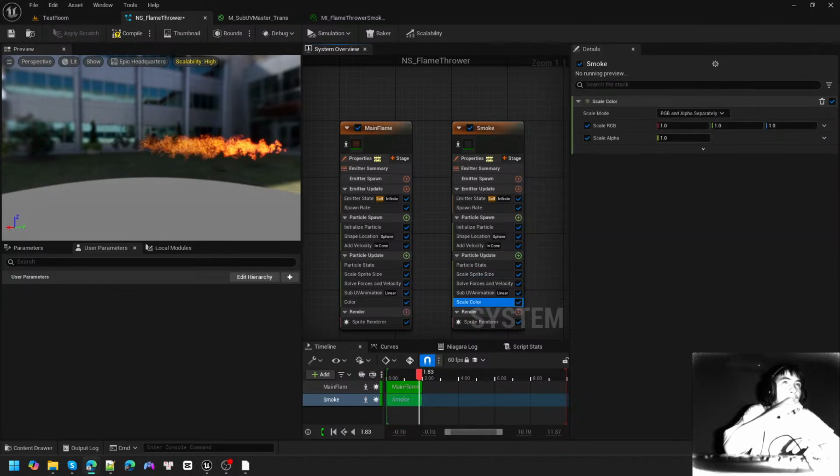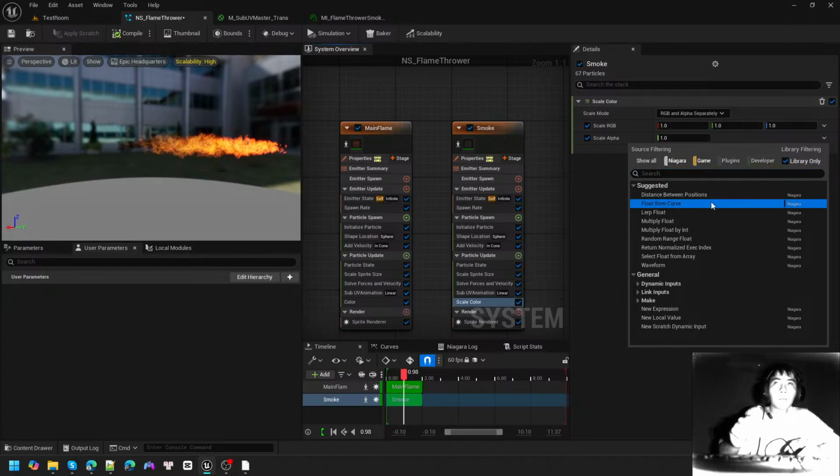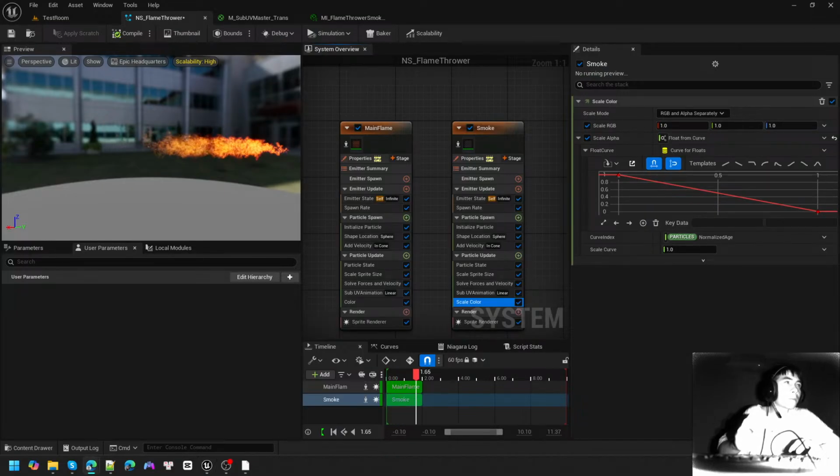So I like to fade out this smoke. And for this scale alpha, I'm going to click this icon in here and select flow from curve. And I'm going to use this curve. So now my smoke will slowly fade out. And go back to my